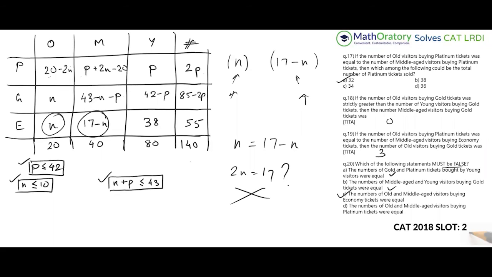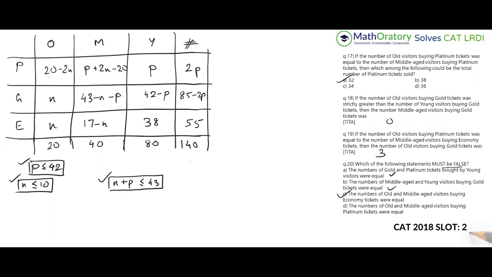You can check D as well if you want, but I'll leave that for you guys. Same idea. You can just evaluate. You'll figure out that that should also be possible. So that is it for these four questions and this set. Leaving you with a bit of understanding. I guess you understood that it's a very easy set.